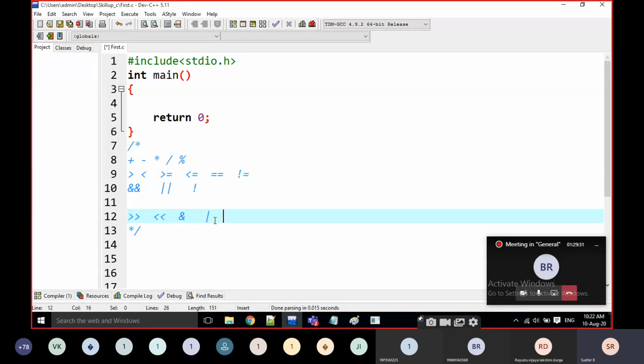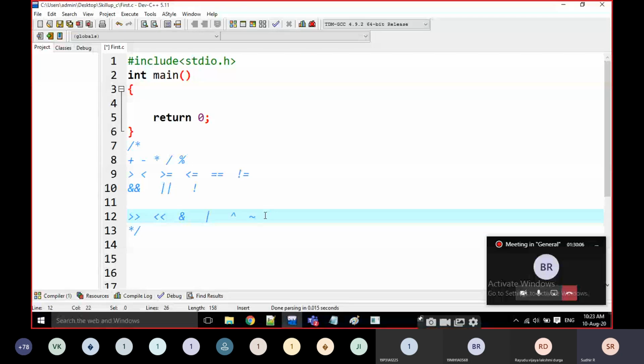And bitwise XOR, that is the cap symbol, and bitwise NOT, which is the tilde symbol, on the left-hand side of the one key. These are the bitwise operators.